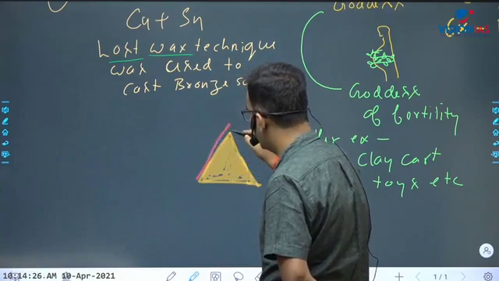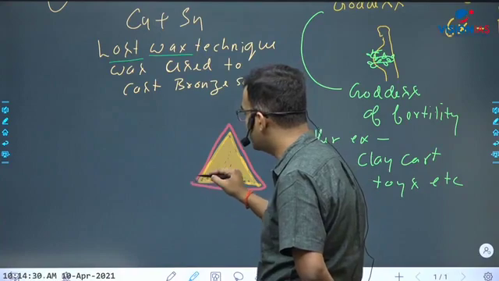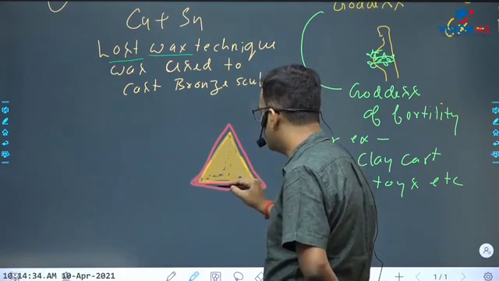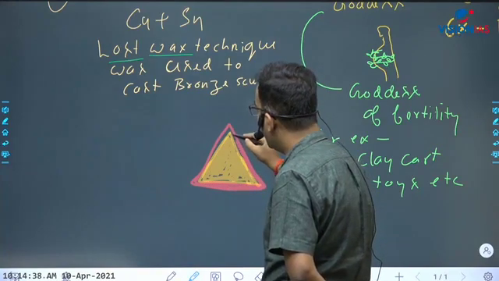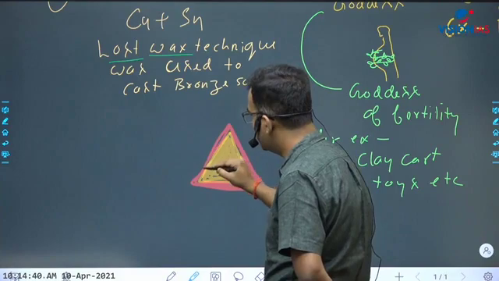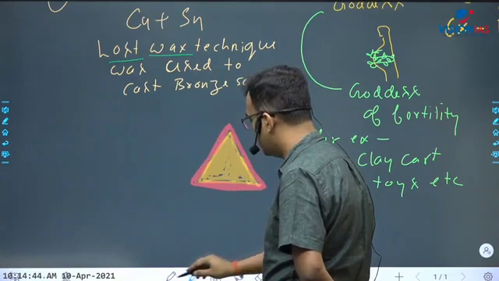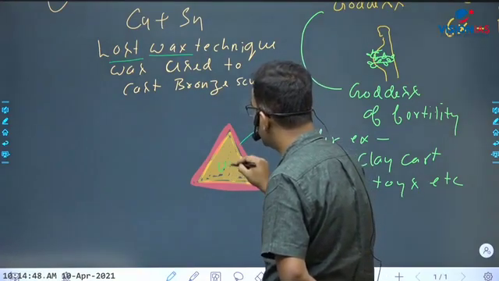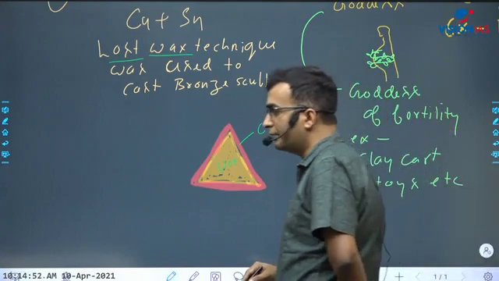I will write everything, but let me complete. So this is a triangular sculpture they wanted to make. First they created the triangular structure with the wax, and after that this wax is coated with the clay. So this is clay, and this is wax. Now after some point of time,